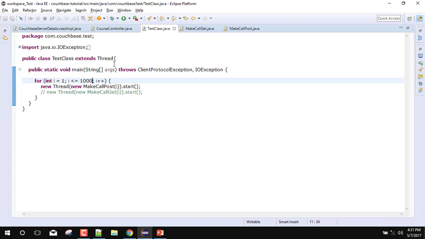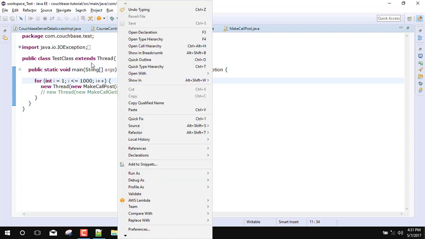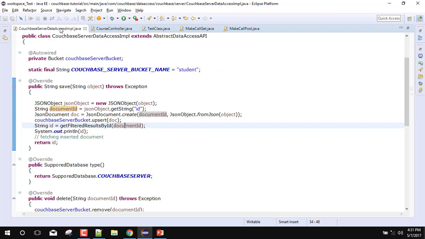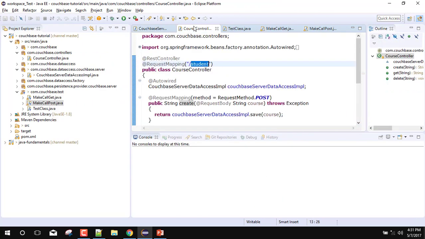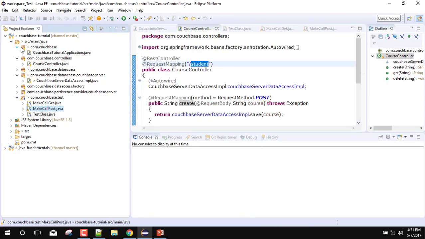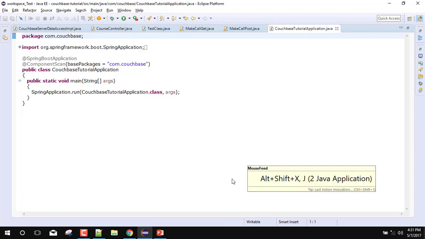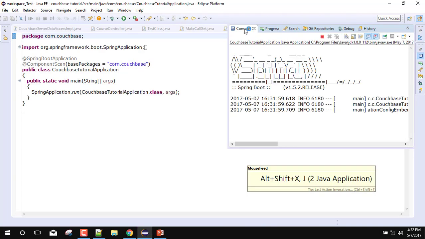Before running this application, let's make our Couchbase application up. So this is our Spring Boot application. We can just run it, and it will be up as a web service.